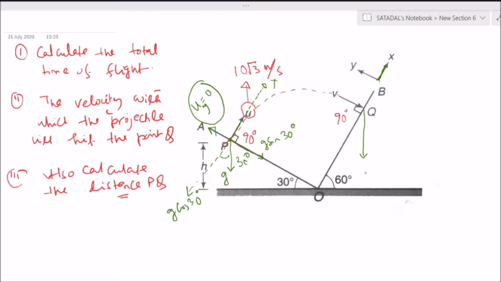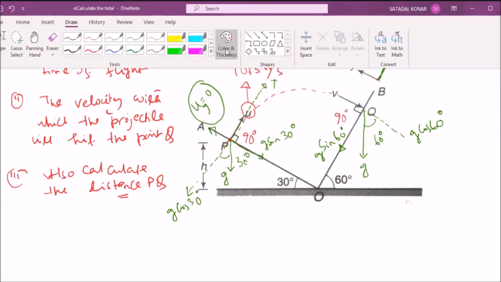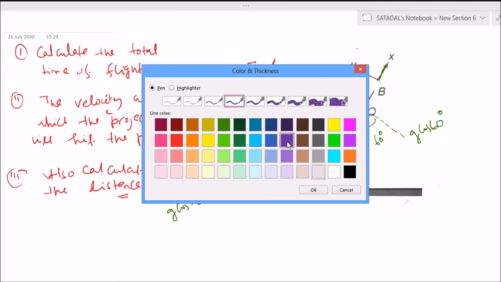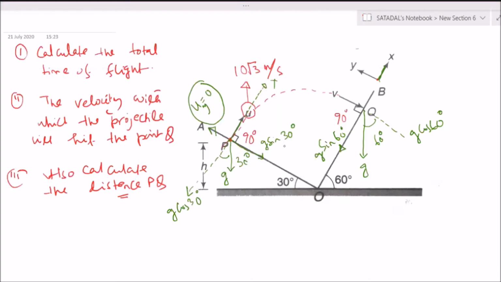So now here also you check. This is the g direction. And if you take this particular extension, this angle is also coming to 60 degree. So this component will become g cos 60 degree and this component will become g sine 60 degree. Now, do not get tensed or panicked here because you check the corresponding acceleration in different planes, the value is coming to be same. Why? The value of g sine 30 degree is same as the value of g cos 60 degree. This is g by 2 and this is also g by 2.